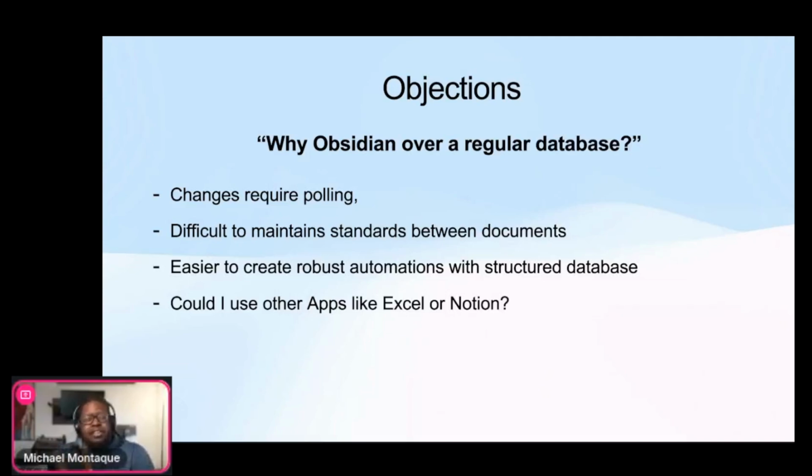But on the other side, what I find is that you don't get the usability that I was looking for. If the smart home was just for me, I would have this in a normal database, and I would have Obsidian off to the side and utilize that every now and then. But I want my wife to be able to use this. I want my kids to be able to use this, and they are not going to learn any of this stuff.